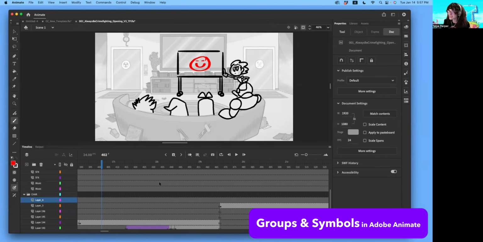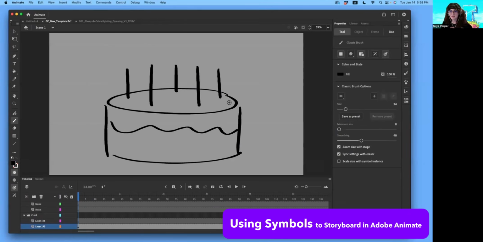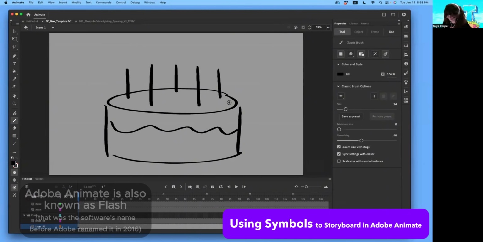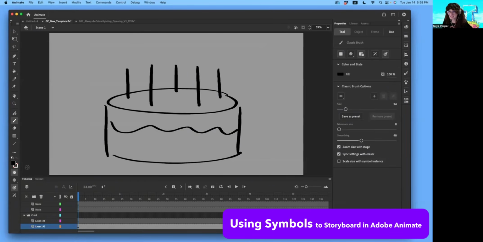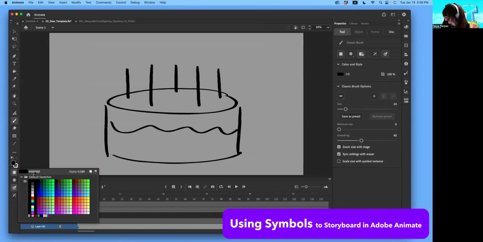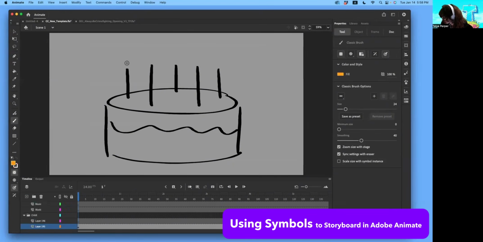So that's really helpful. Now, here's another really effective way to use symbols in Flash. Let's say I have this birthday cake and I need to light the candles on it. I need each candle to have a little flame. So I'm gonna draw a little flame,